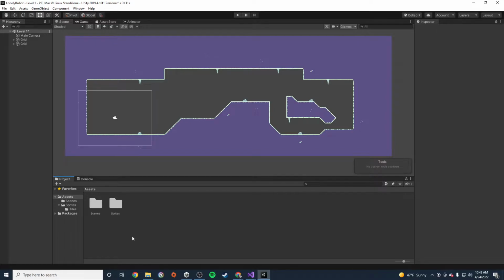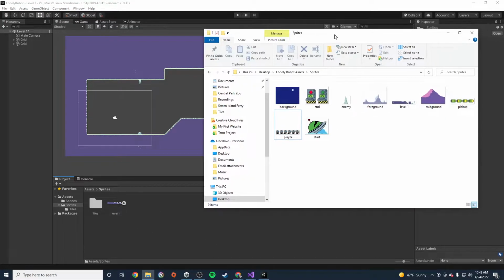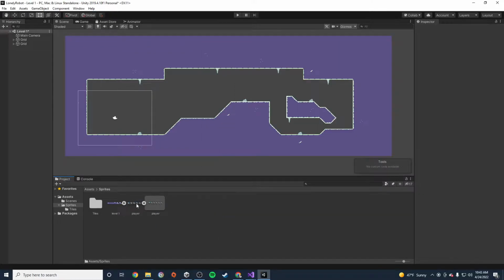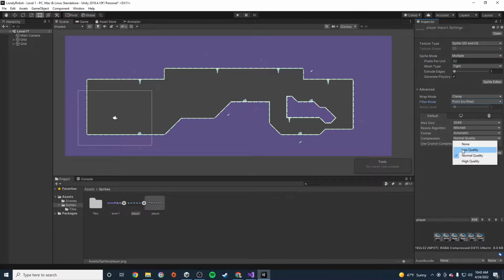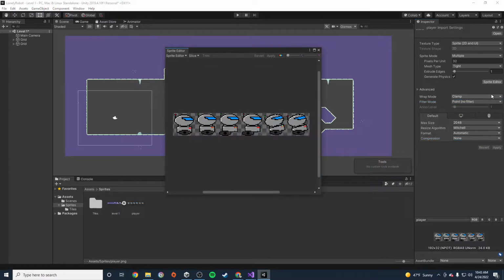So the first thing we need is, obviously, we need a sprite for our character. So I'm going to open up my assets folder here, and I'm going to bring in my player sprite sheet. And for this sprite sheet, we're going to set all the settings properly. It's a multiple because there's multiple sprites within it. 32 pixels per unit. And turn off the filter and turn off the compression. We'll hit apply. And then we'll go into the sprite editor. I'll hit slice. I'm going to change it to grid by cell size, 32 by 32, and I'll hit slice